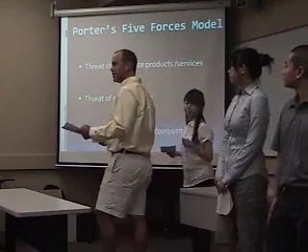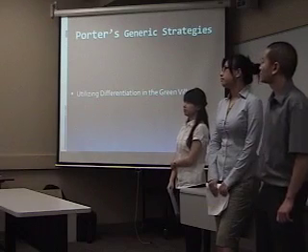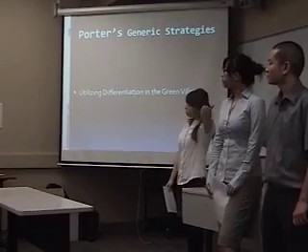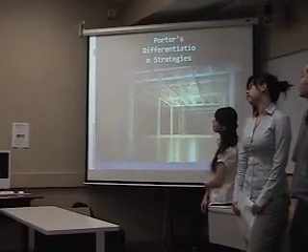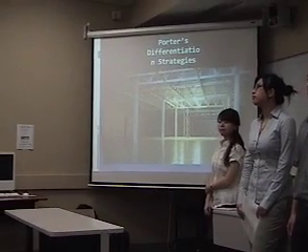All right, let's digress for a second and touch back on Porter's differentiation. I want to paint you a picture of what we want to do, and through this we're going to utilize the differentiation in the Green Village itself. We want to have multiple opportunities under one roof. Right here you see a picture of a warehouse. There are plenty of those right now. As we can tell, the economy is doing badly, businesses are going out of shape, factories are going bankrupt, and there's no need for them. Our idea was to take a shell of a building such as one of these.